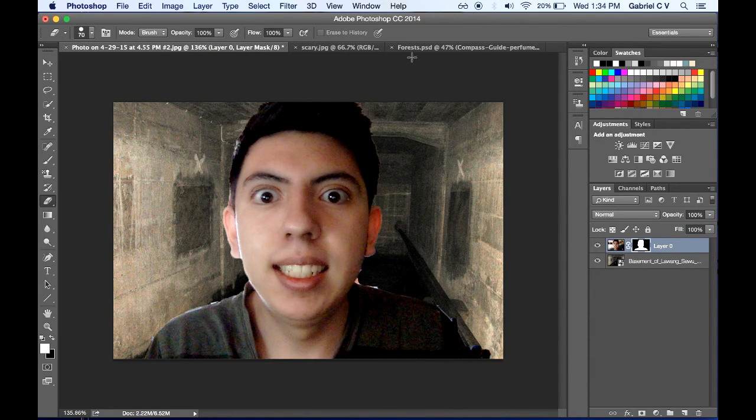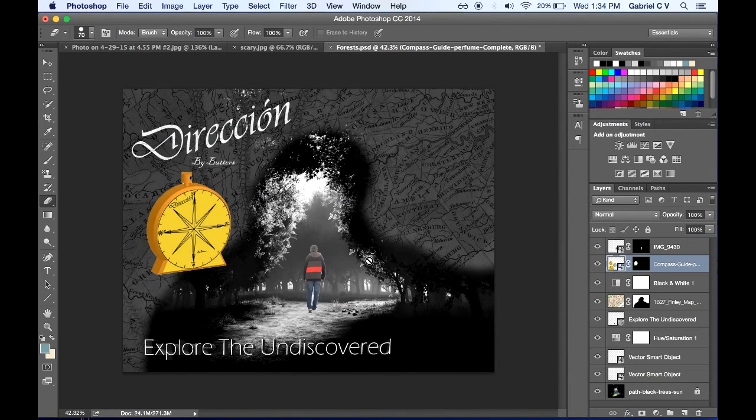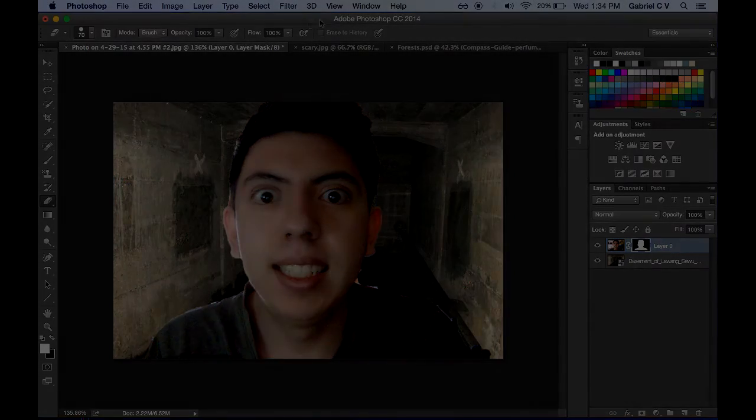So hopefully this short tutorial kind of gives you a basic idea of what this tool does, this layer mask. And hopefully you find it helpful. Thank you for